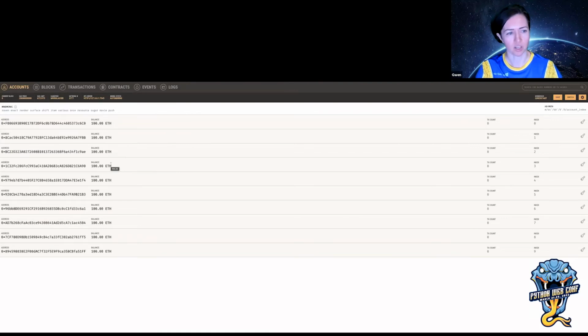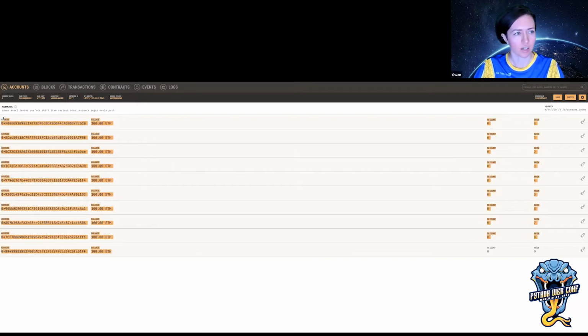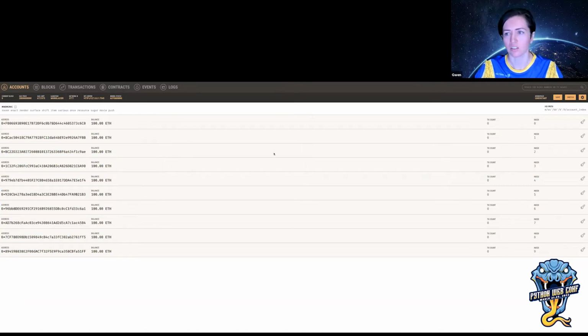Sometimes you have to do a couple steps to get the test ether, and it never gives you 100 test ether. So this is a really easy way to start developing without having to worry about going and getting ether, because you have 10 accounts and you can add more, and they're all pre-filled with 100 ether, which is the coin on Ethereum.